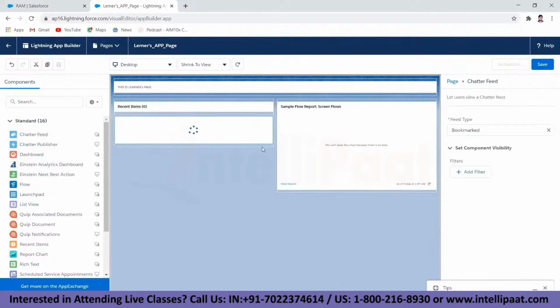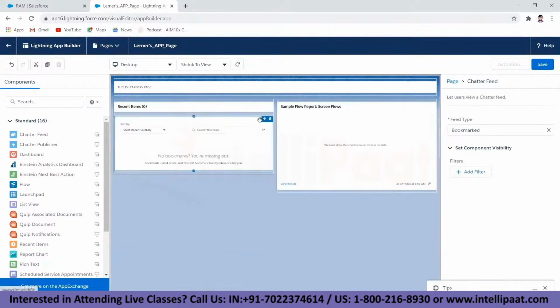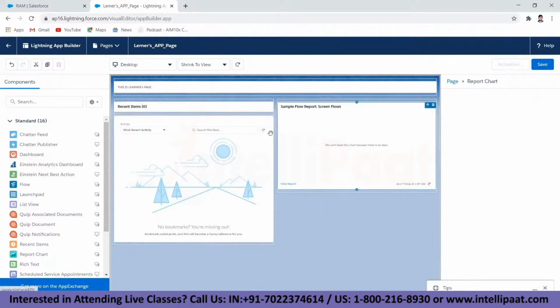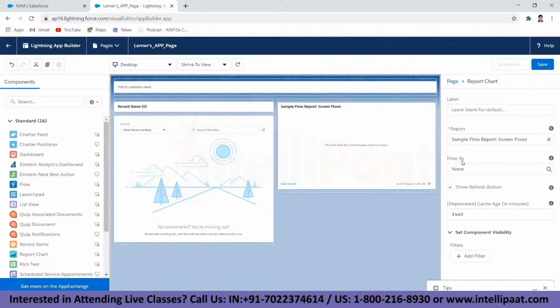So you can spawn more than one item. You can customize these things as well. Whatever is spawning here, you can add a filter, you can add field types for what has to be done, and you can create what you want the report for. You can select different kinds of reports in here, populate all of that, and add a filter based on that.